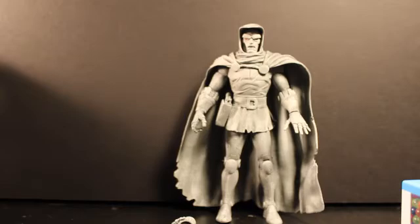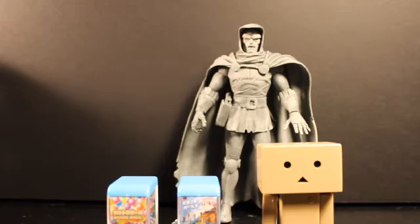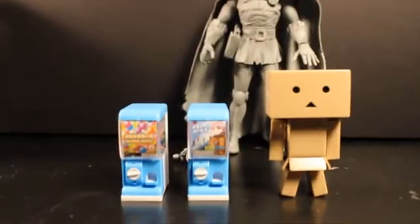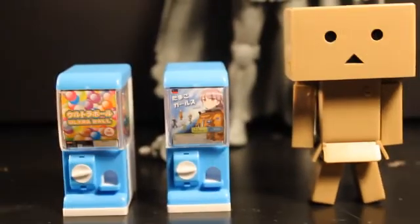So anyway, with those model kits that I got this week, I wanted to show you guys how they came out. Are we in focus? I hope so. See, maybe if I back up. Yeah, we're in focus now. Okay, so